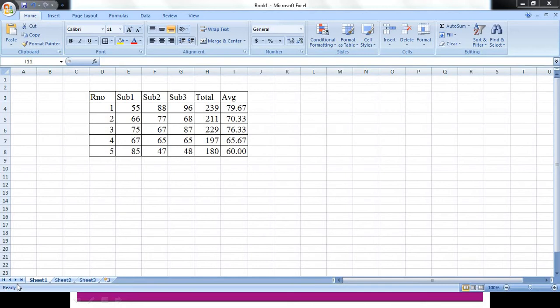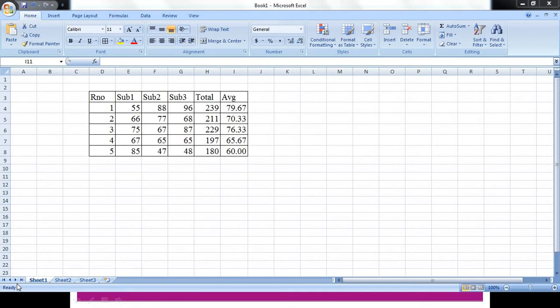I have sample data available on the screen wherein I have added the list of students with their marks in 3 subjects. I have added 5 students and I have also added marks scored by them in 3 subjects with their total and average. Let us see how we can insert a chart on this data.